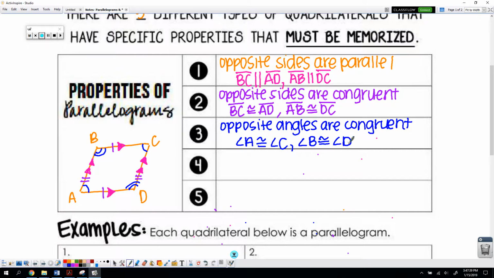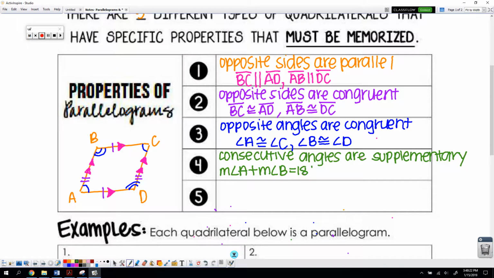All right? Now what we have is what's called consecutive interior angles. Consecutive angles are supplementary. If you forget what that means, supplementary just means that they add to 180. And what consecutive means is that they're directly in a row, so right next to each other. An example of those would be that angle A, the measure of angle A, plus the measure of angle B